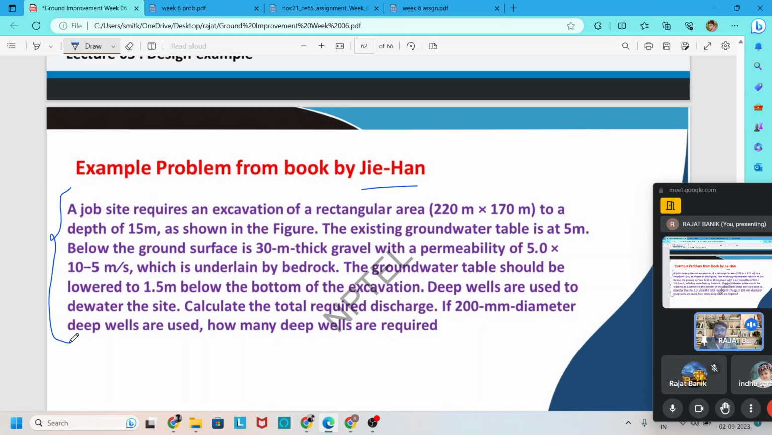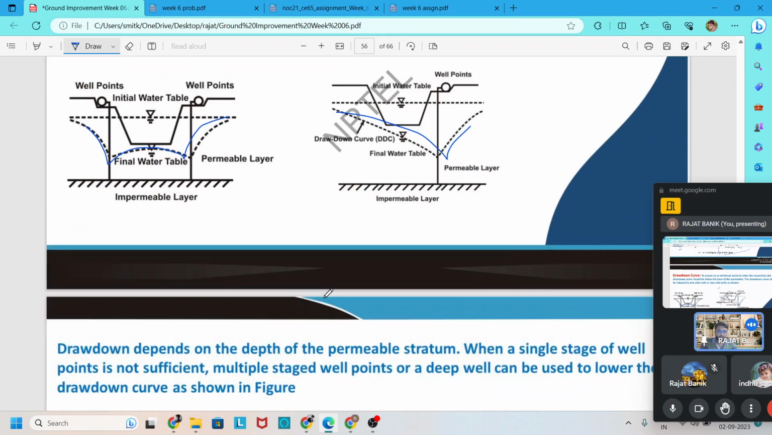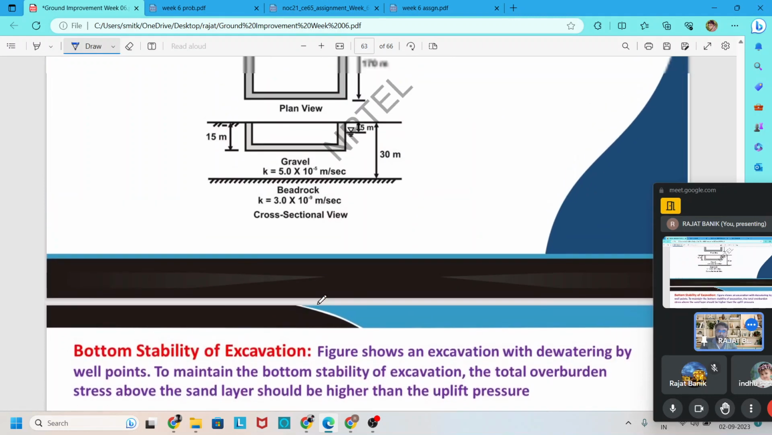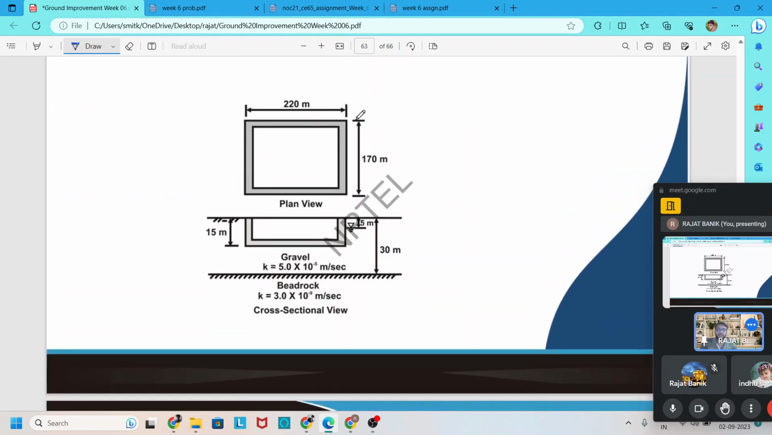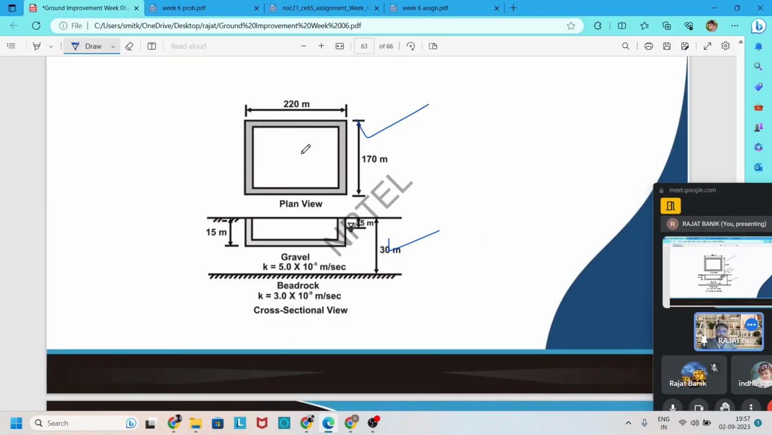Now we try to solve this problem based on the formula I discussed in the previous slide for the unconfined aquifer. Here the figure is given. This is the plan section and this is the cross-sectional view. In the plan section, an excavation is created for the site, which is 220 meter by